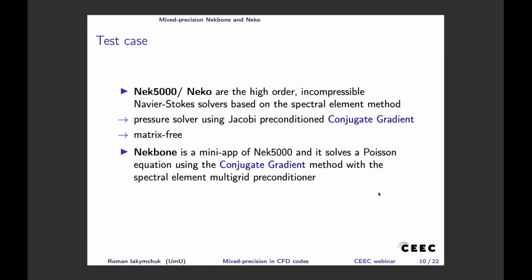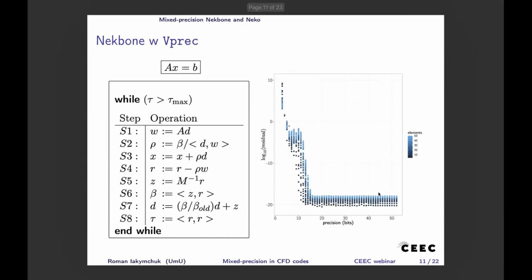Since this is a big code, we started with something simpler, the Nekbone mini app, which does a similar job but on an artificial grid and uses a multigrid preconditioner. So what we did with Nekbone is basically CG, preconditioned CG. We tried to run our VPREC through Nekbone, and on the left side you see a CG loop. In the CG loop we know that there are a couple of sensitive parts, mainly related to dot products, so steps 2, 6, and 8, and